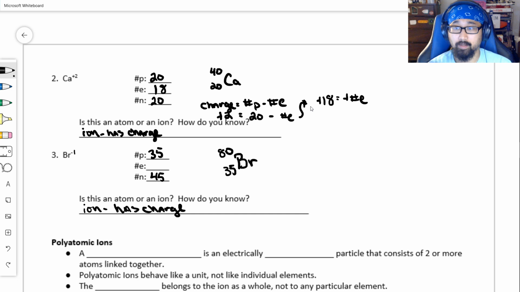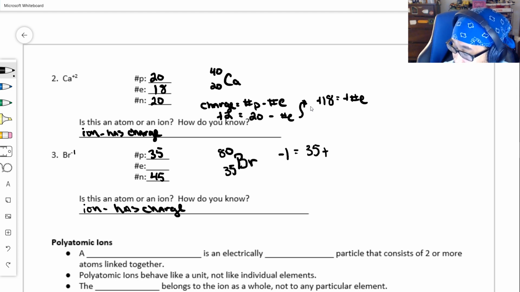So it's bromine with a minus 1 charge. If I did it the first way, I would see that the charge minus 1 is equal to 35 minus the number of electrons, so negative 36 is the negative number of electrons, which means the number of electrons